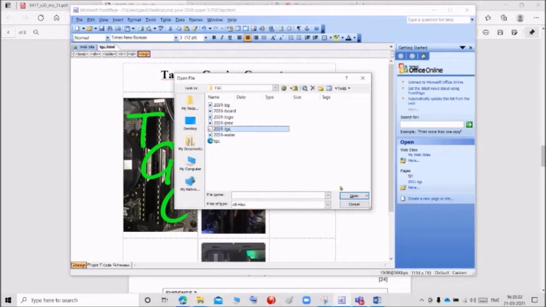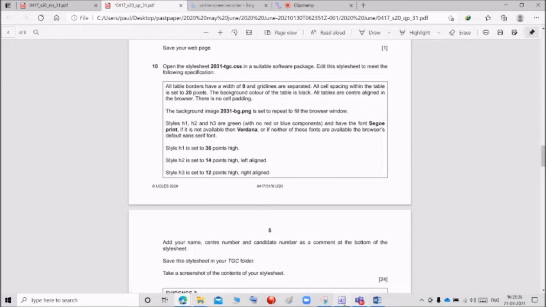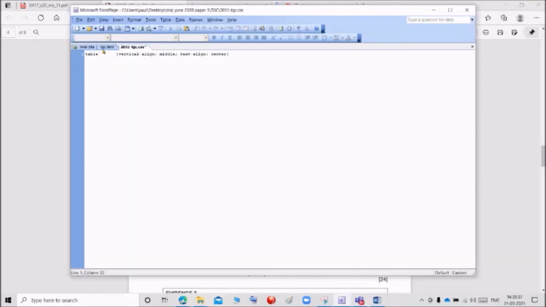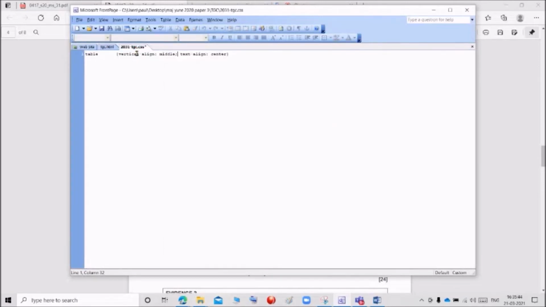I'm going to open the style sheet. Okay, already they mentioned they give the table vertical align, and they are giving the text align in the center. If you go and check, because we already attached the style sheet to the HTML, see the text align is center. Like that we applied these styles already on the website. So we are going to add the following styles.